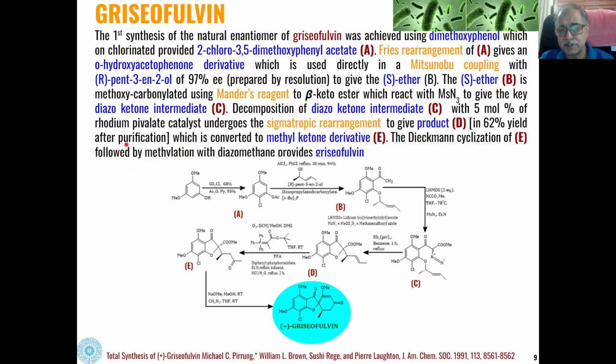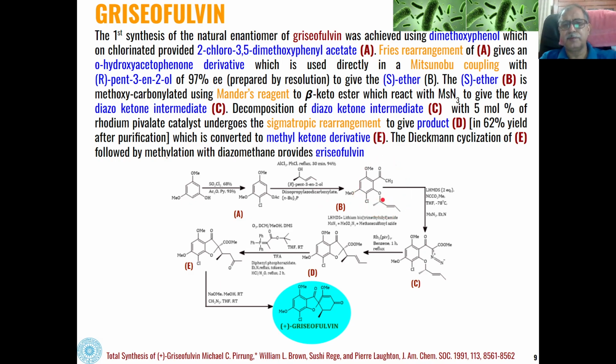So the first method for the synthesis of optically active natural enantiomer of griseofulvin was achieved when we started from dimethoxyphenol. So when dimethoxyphenol on chlorination with SO2Cl2 in presence of acetic anhydride pyridine, the chlorination will take place at this carbon, and we will get the corresponding acetate chloride because this hydroxyl group will react with the acetic anhydride in presence of pyridine to get converted into the corresponding acetate derivative. So 2-chloro-3,5-dimethoxyphenyl acetate is formed as the product,